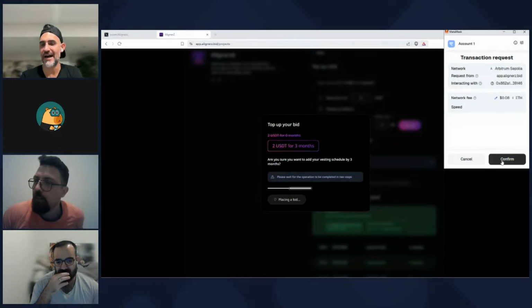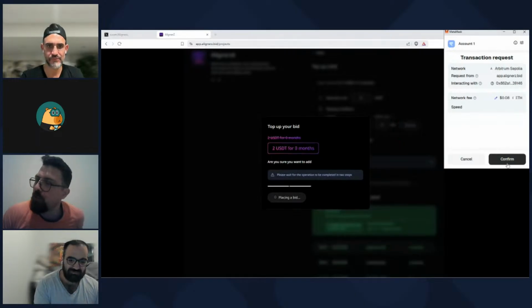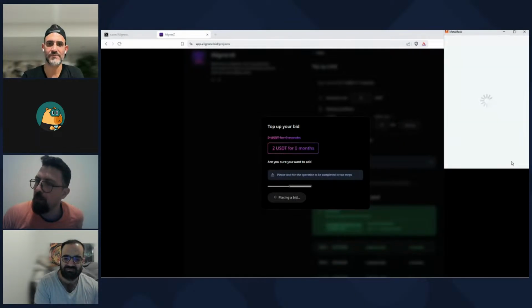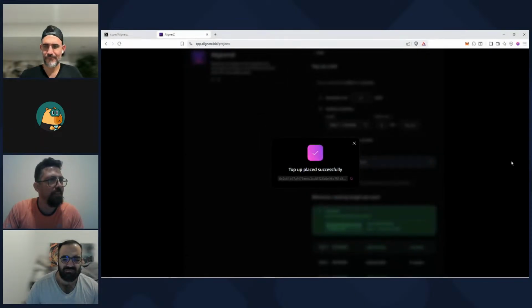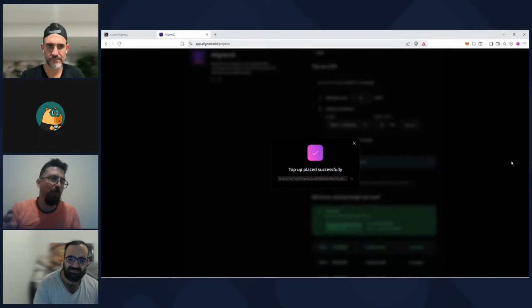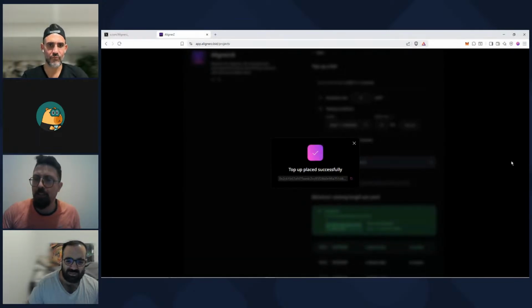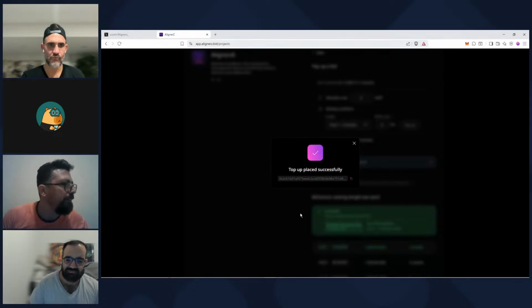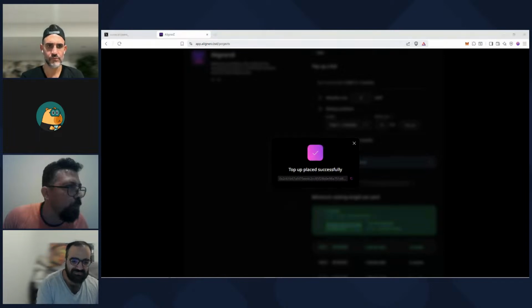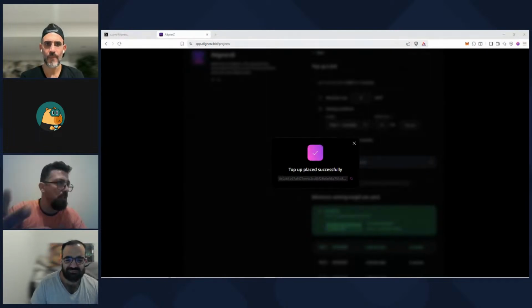Let's cook. I don't know why it's taking so much time to press this confirm button. Internet. No, it's not like pressing a button takes time. Okay, so look, I'm going to share the transaction hash in case anyone would like to see it. I will put it here in the chat. I don't know if the streaming solution directly puts it on our Twitter, because I'm streaming directly on Twitter too.